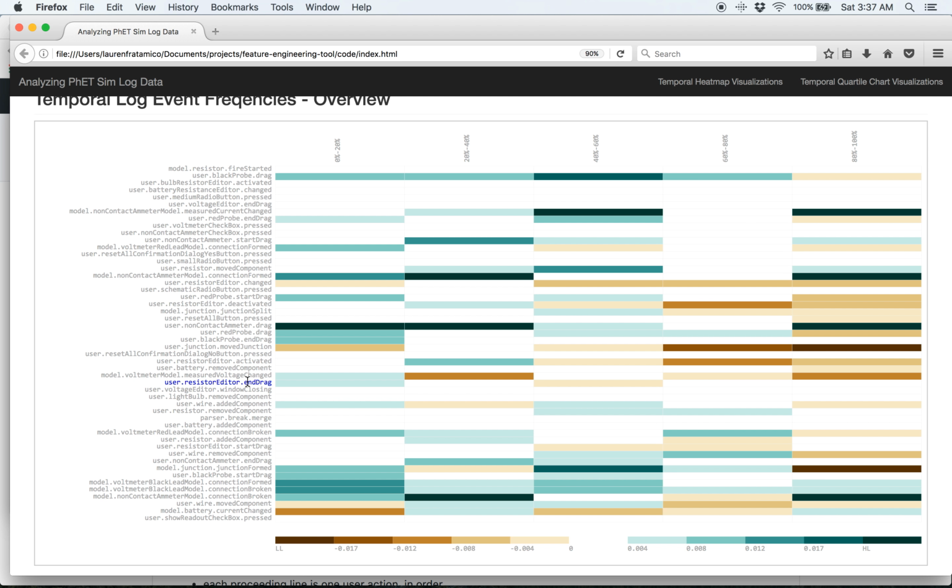Across the left, these are the log events that we had defined previously. And then across the top are the different time slices of data. So this one means in the first 20% of interaction, how it was doing some calculation about how frequently those students are performing that event. So if you look right here, this means that high learners were performing this event moderately more frequently in the